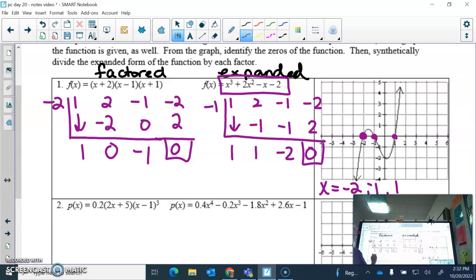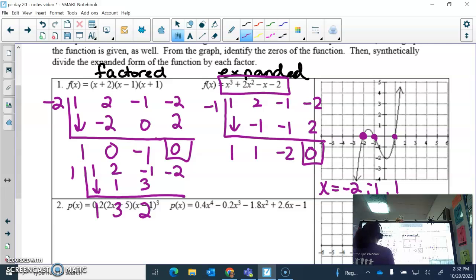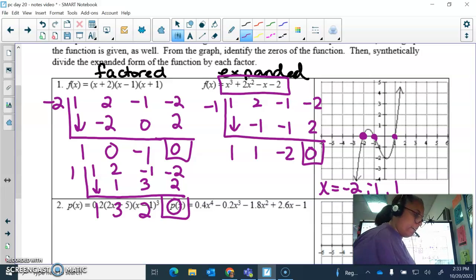And maybe some of you might remember we did this just for a brief moment in Algebra 2. When you divide by a factor and your remainder is 0, that means that you have a factor. I don't think I said that right. Anyways, so